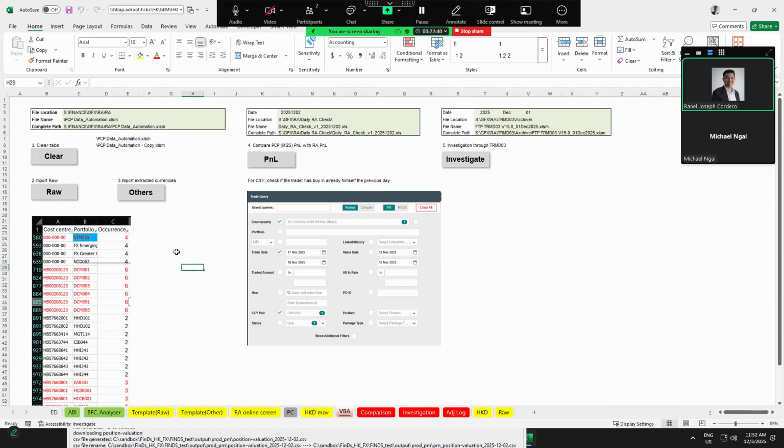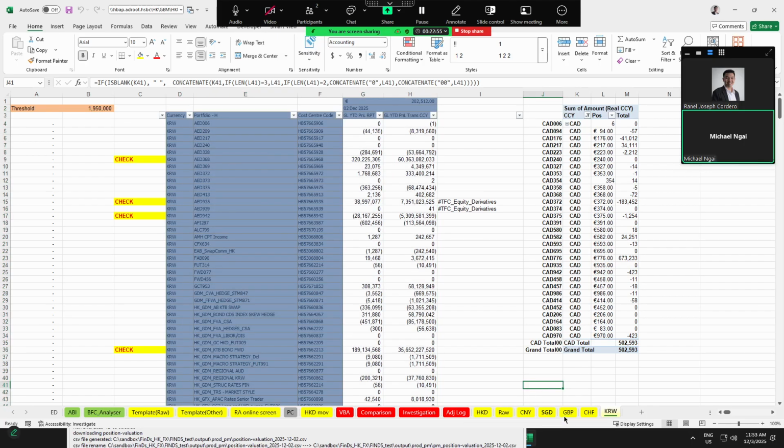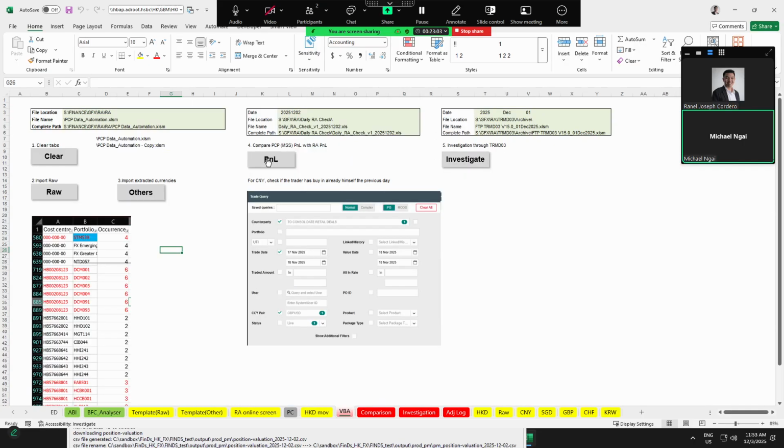Oh, I see. Because you clear the data, you need to import the raw and also the others. Yep, so the others now. And then you click the P&L button in the VBA. Change the date.